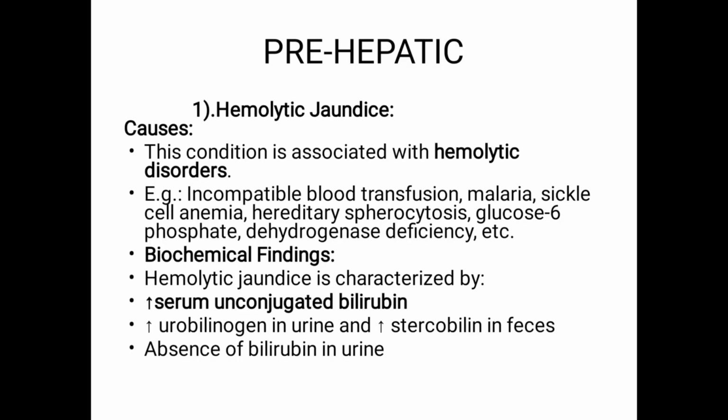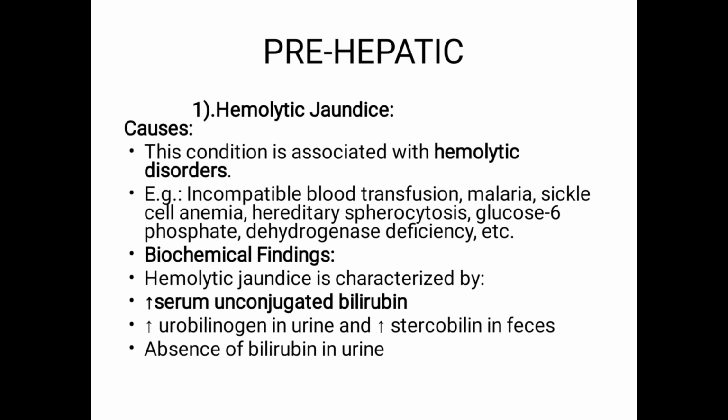Now let us see, we have already seen this, hemolytic jaundice. As the name indicates, there is excess hemolysis. This mainly occurs in hemolytic disorders. The main point you have to remember is the liver is the conjugating factory. So in a normal individual, after the 120 days RBC lifespan is over, it is degraded in the liver and spleen. So the bilirubin concentration is less than 1 milligram.